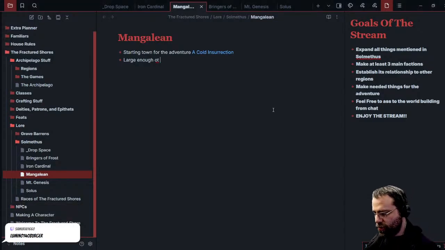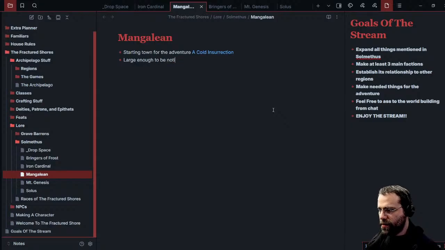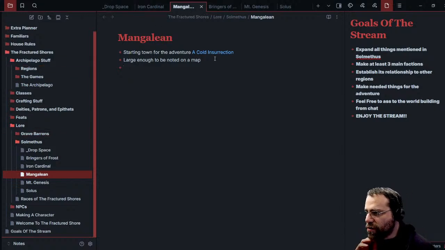Large enough to be noted on a map. Large enough to be noted on a map. In the Occult Surrection,